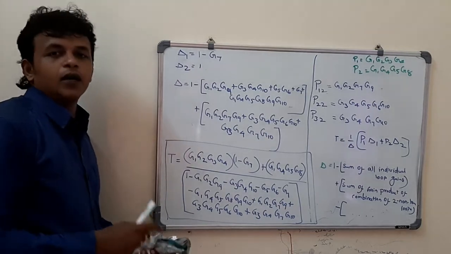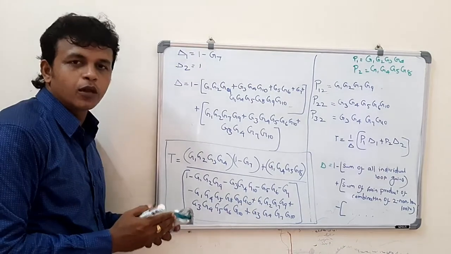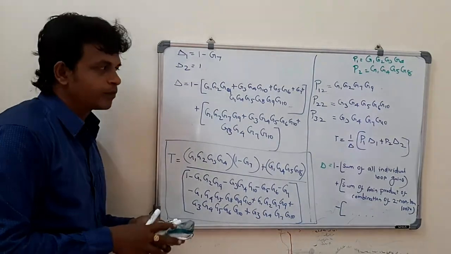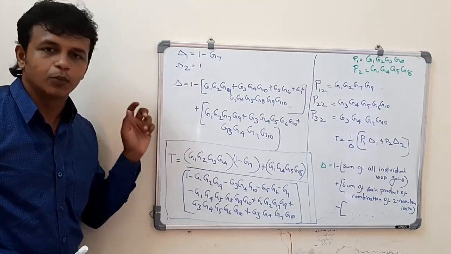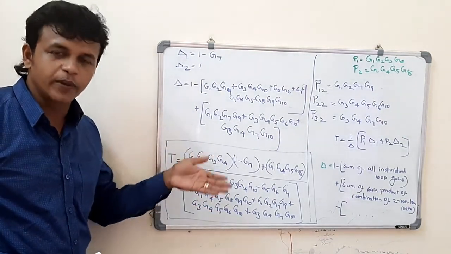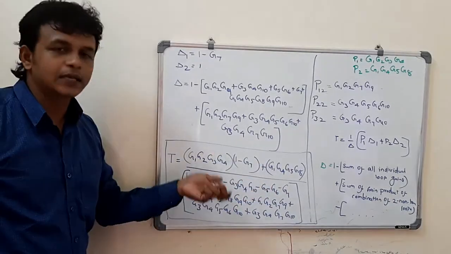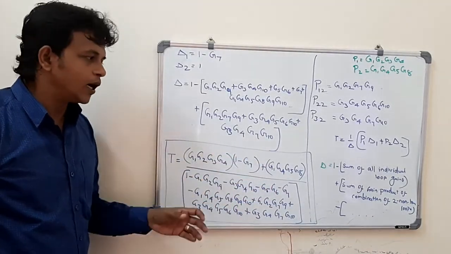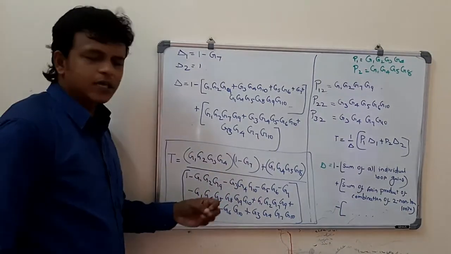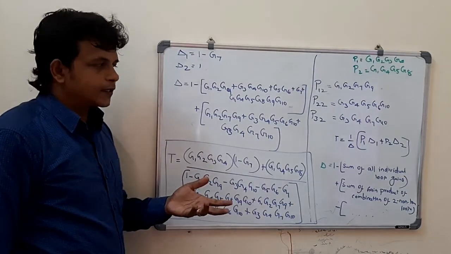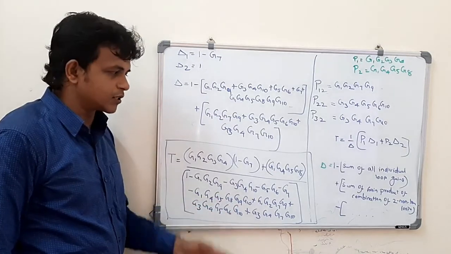So we have found the overall transfer function using Mason's gain formula for the given signal flow graph. There is another way in which the same question may be asked: the block diagram may be given, and it should be converted into a signal flow graph, and we have to apply Mason's gain formula. In the next video, I will teach you how to convert a block diagram into a signal flow graph. This is a very easy method, and this question is definitely asked in all the question papers in non-university semester examinations.